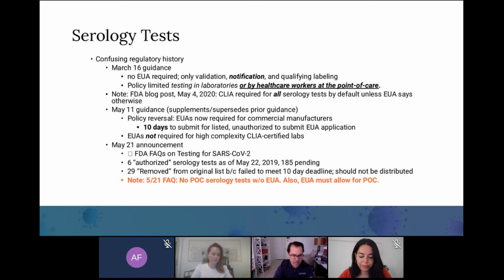But again, it doesn't surprise me, because we've been tracking everything that's been happening within FDA. So on these serology tests in March, the FDA announced that there were no EUAs required for the serology tests. But at that point in time, if you did want to market a serology test in the United States, you needed to validate your device, and you needed to notify the FDA that you were doing so, and you needed to include qualifying labeling along with the serology test,